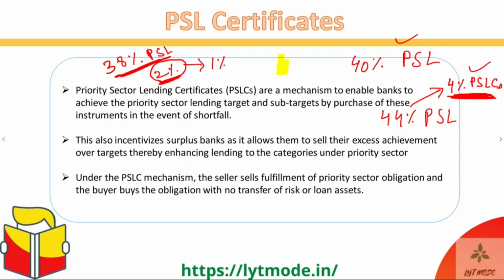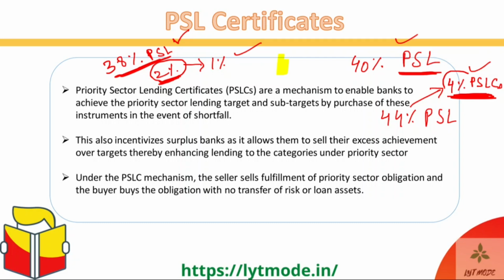Okay. Now, interestingly, those banks which are lending more to the PSL than their required lendings get incentivized for it because now they're getting money when they sell these certificates. But when they sell these certificates, the loans that were backing them, the loans that they had given to the PSL targets, are not sold. The bank that is buying those certificates is not liable for any kinds of defaults that happen on those loans, or in general responsible for those loans. They are just buying those PSL targets in the form of certificates.